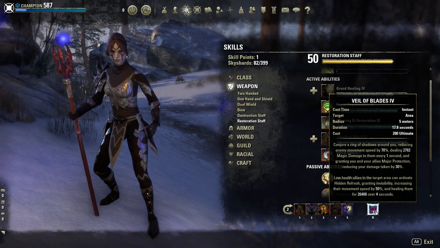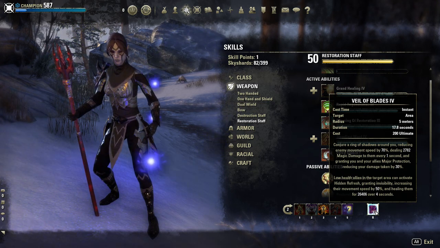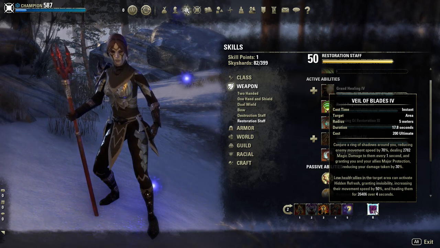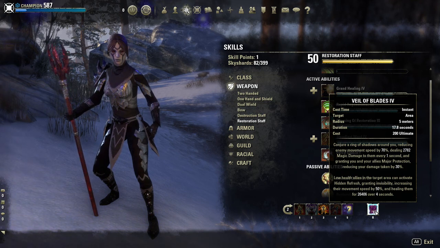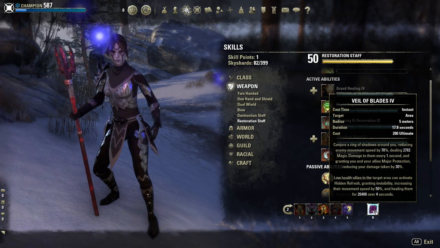You get major protection, you get that reduced movement speed on the enemies, and you get that damage over time, which is insane. And that major protection reduces the damage your group takes by 30%. So it's a really, really powerful thing. But the nicer part about it is